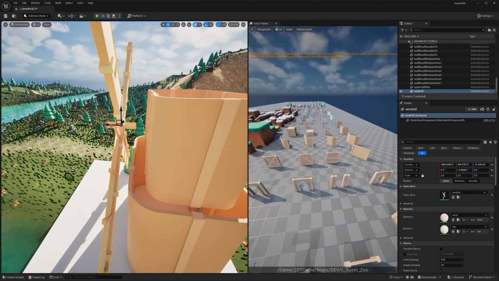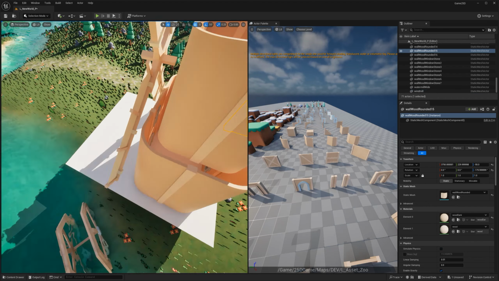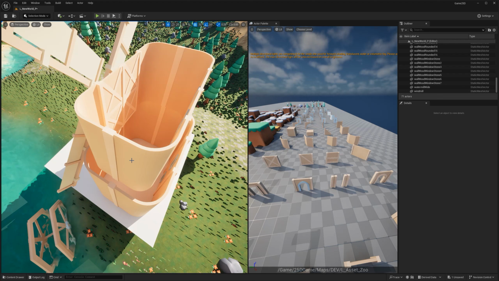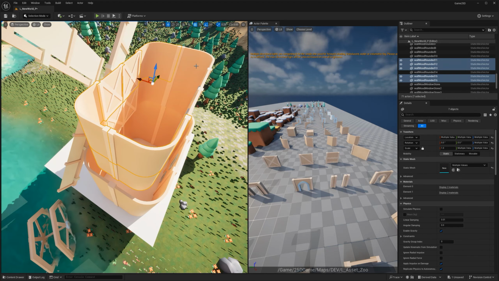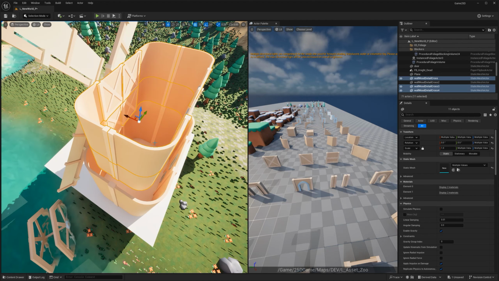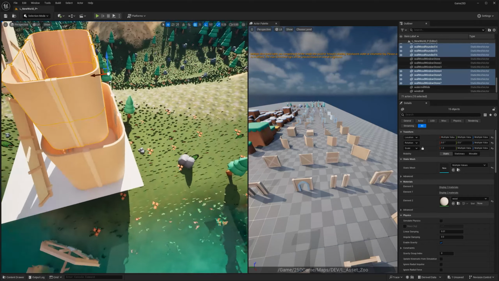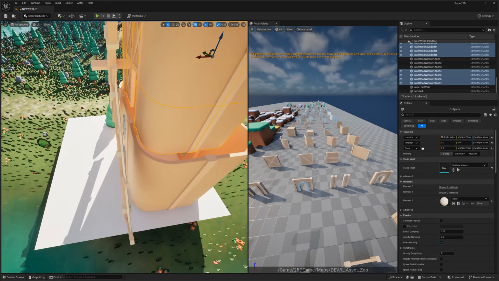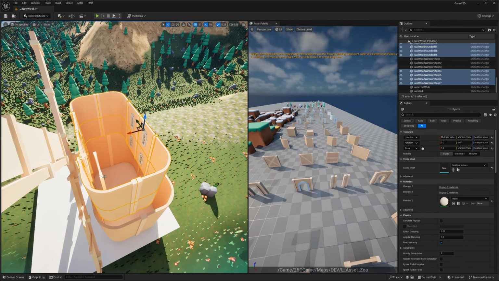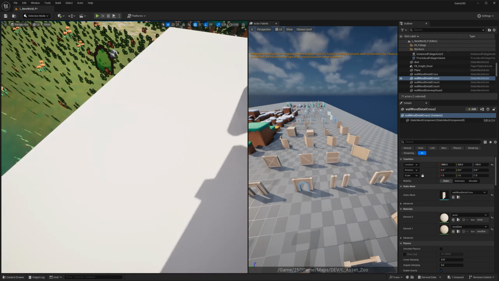Clearly, I need to push the other walls forward a little bit. That's what I'm gonna do. I'm gonna select all of it with Shift. Making my best not to touch the gizmo and move it by mistake. I just move a little bit forward. Whoops, forgot one. Oh, there you go.